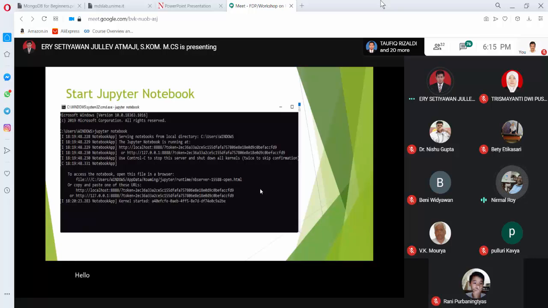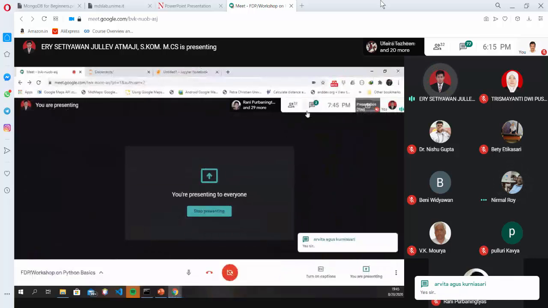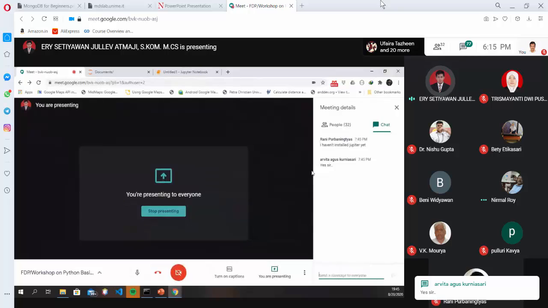The purpose of using Jupyter Notebook is to help us understand what we have to achieve tomorrow. We will try using the Jupyter Notebook.